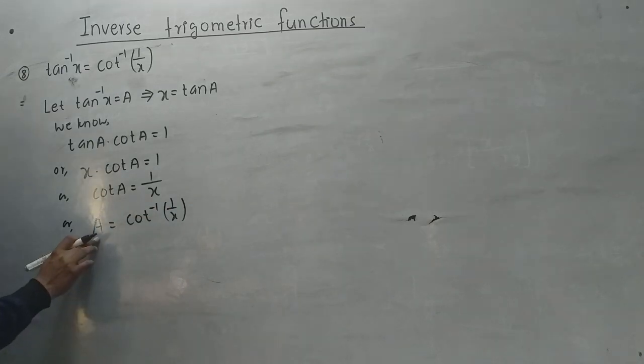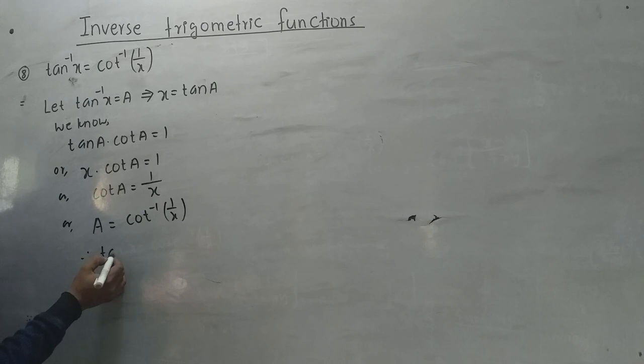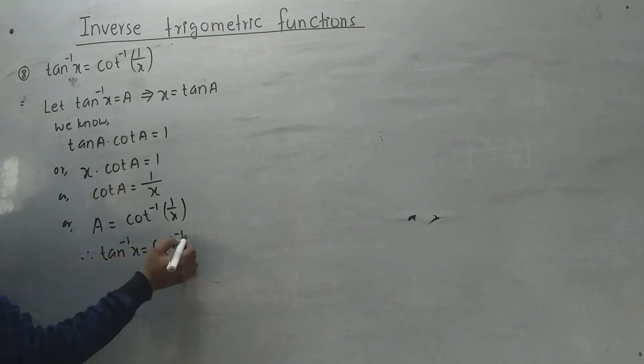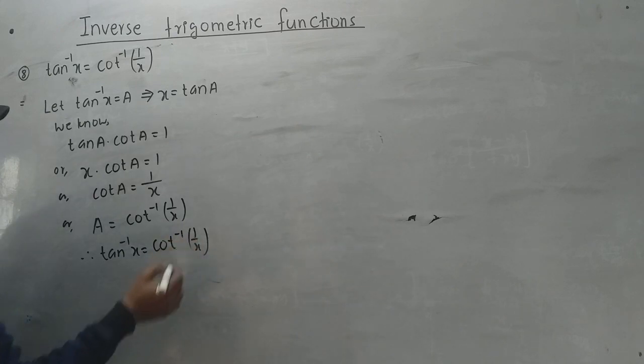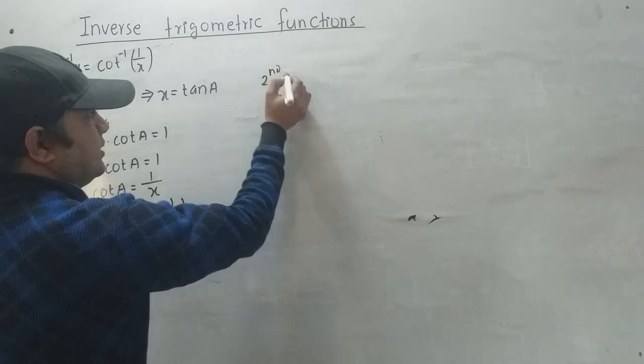So what is the original replacement for angle a here? Tan inverse x. Therefore tan inverse x equals cot inverse 1 by x. So let me provide you the next method also. Second method, here it is